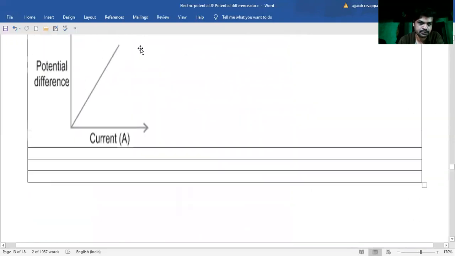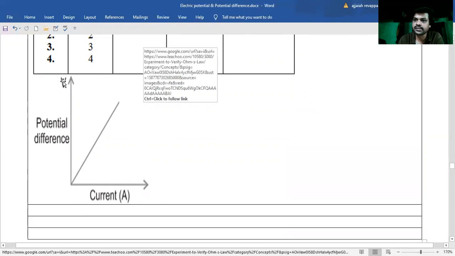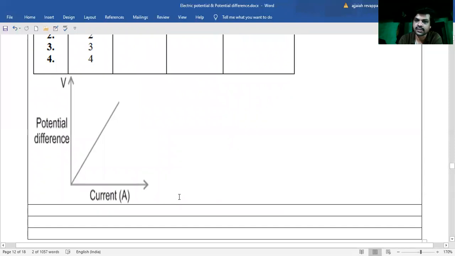Okay, if I plot the potential difference value versus the current value, this is not a new thing for you. Last year, in the first lesson, we plotted VT graphs and DT graphs by taking velocity or distance along the y-axis and time along the x-axis. For uniform motion, we always get a straight line. Uniform motion means the object covers equal distances in equal intervals of time. Means as the time increases, the distance also increases at the same rate.